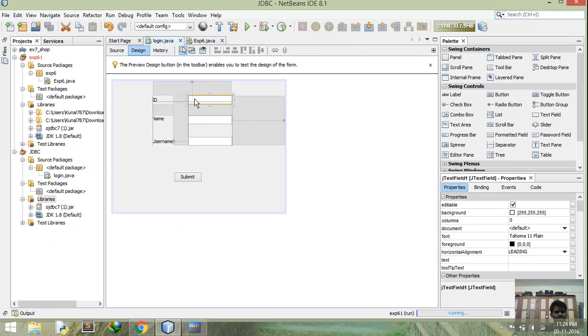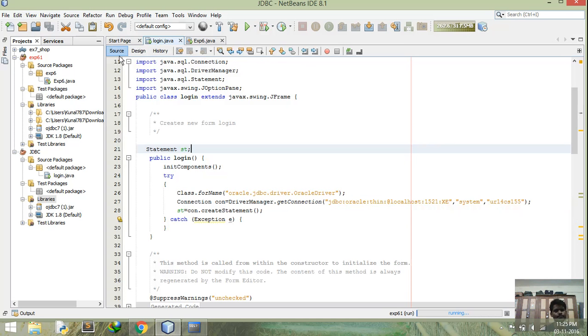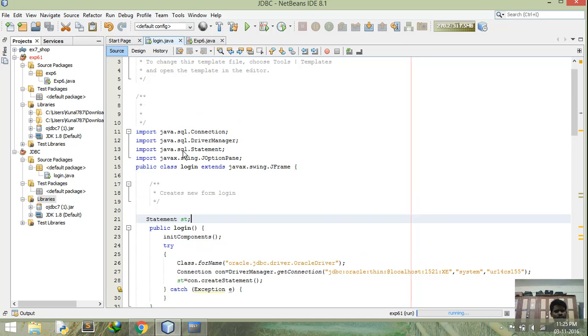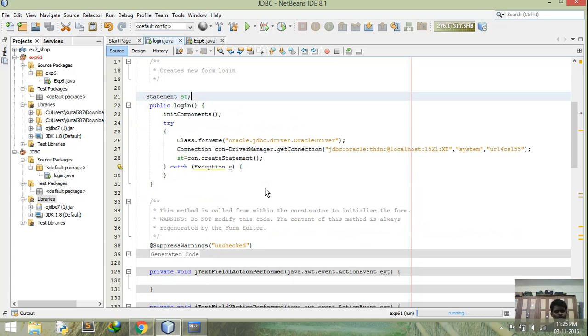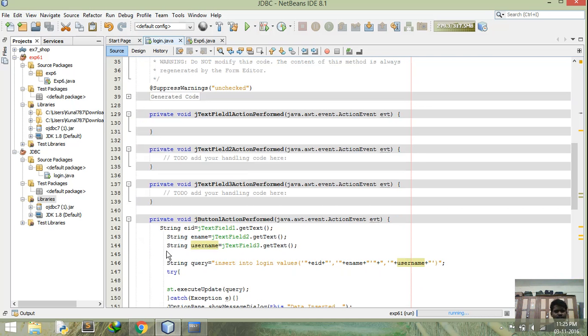In this we have ID, the text field name is text field 1, this is text field 2, and this is text field 3, and we have 3 labels: ID, name, and username. We have a button called submit. So the login page extends the Java strings which we can see, and when we click the button, it will take the value from the J text field 1 and insert into EID, from text field 2 and text field